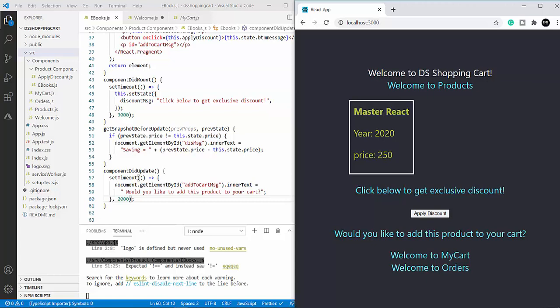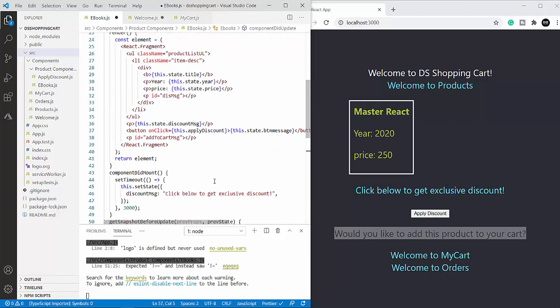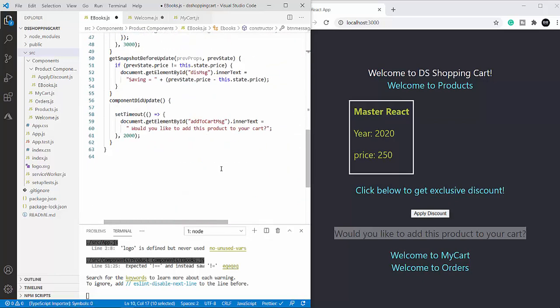Oops. Now I have to handle this. Even before applying the discount, I'm getting this message. So what I'm going to do, have a little logic over here. I want to check if my apply button message is changed or not. Here I think the button message is the state object. This is why we have to use state object, because it is exclusively capturing the state of the component. And when the component state changes, according to the changes, you can apply logic by retrieving the current state and applying logic to it.